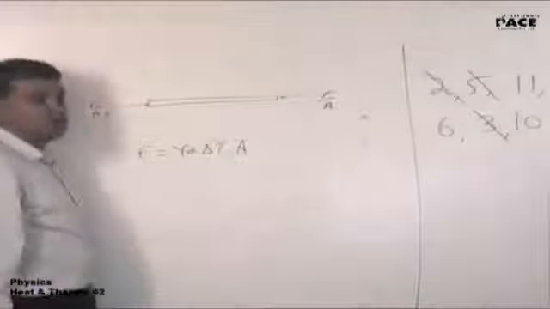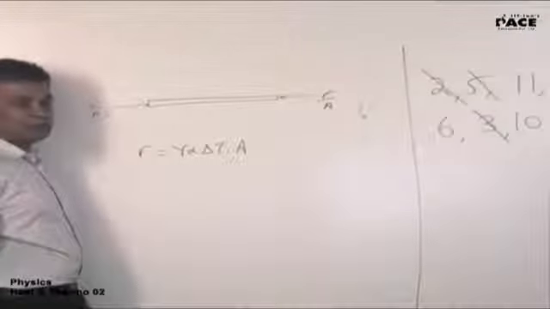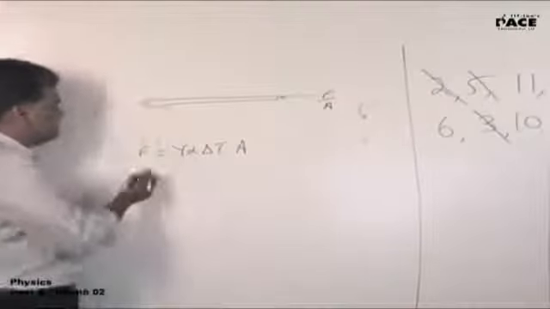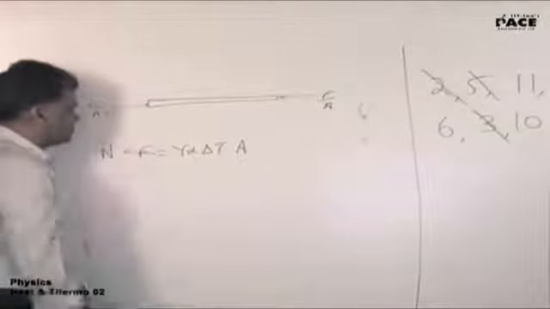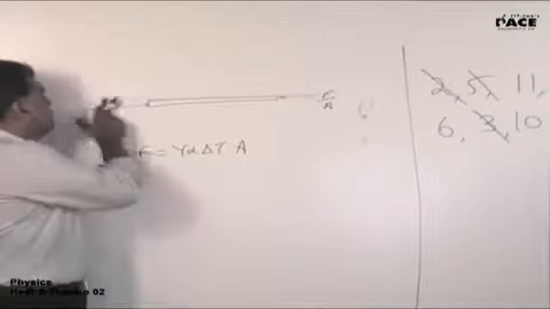This is the free body diagram for the rod. The wall is going to press it from both the sides. F by A is Y alpha delta T. But this F is the same as the normal force. And if this is the normal force,